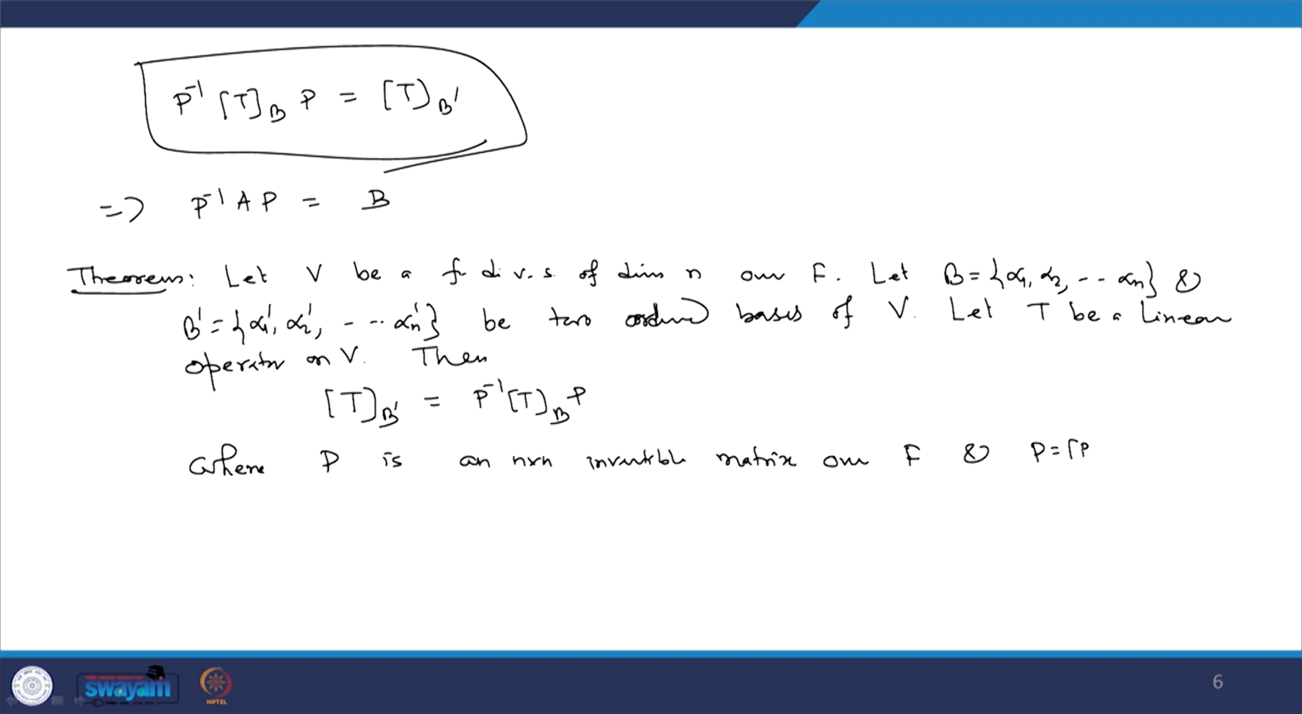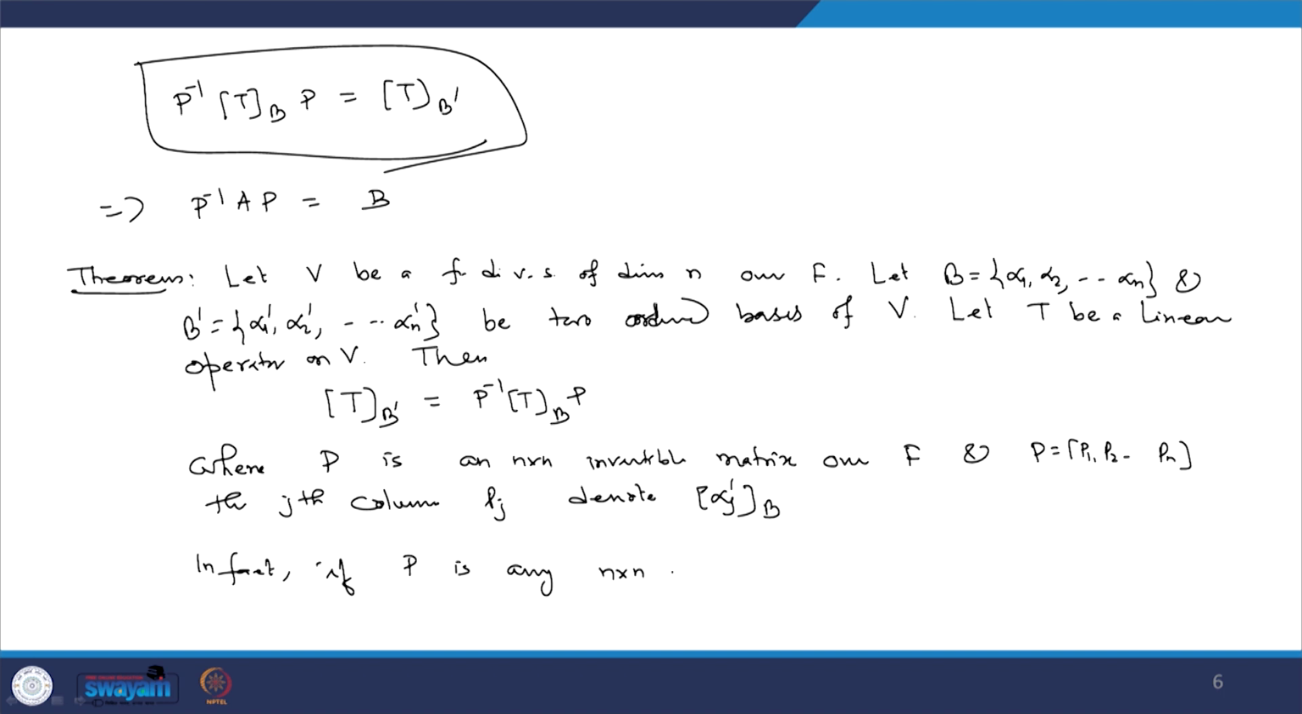and if P is equal to, say, P1, P2, up to Pn, the n columns, the jth column Pj denotes the coordinate matrix of alpha j prime with respect to order basis B. In fact, if P is any n cross n invertible matrix over capital F and T is a linear operator on V